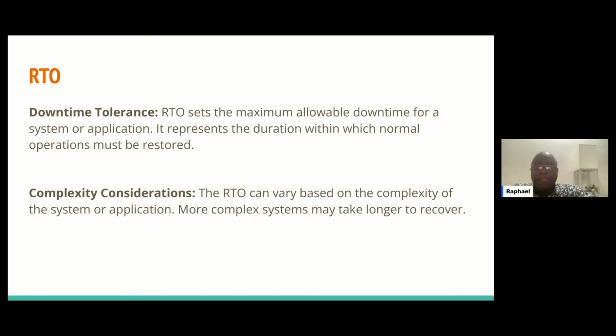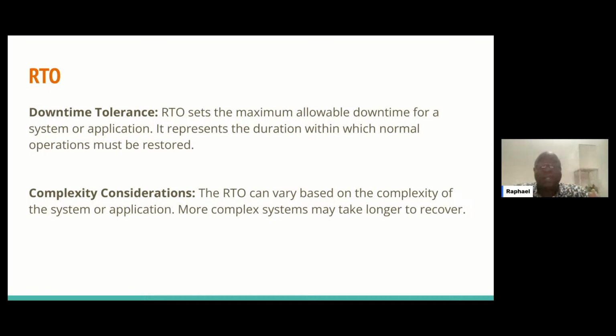So let's see the other critical factor, the recovery time. Like I said earlier on, you are at a party, all of a sudden light goes off. But this time around, we're not talking about a party. We are in the cloud. You've decided to let go of the traditional way of doing things. You're fully vested in the cloud. Everything, you depend solely on the cloud. In case there is a disaster, in case the data center gets blown up by terrorists, and you did not save your data in a second location.